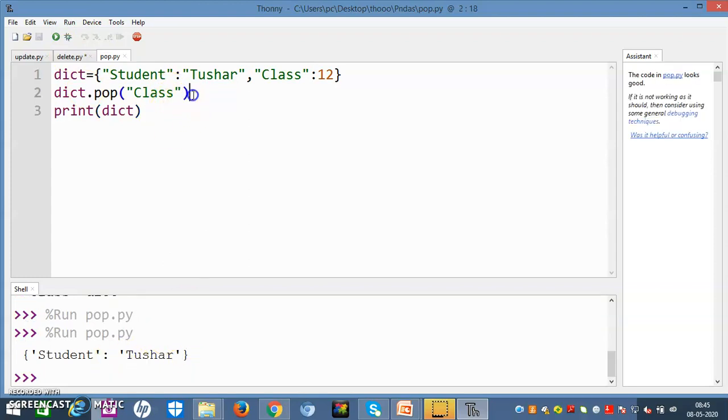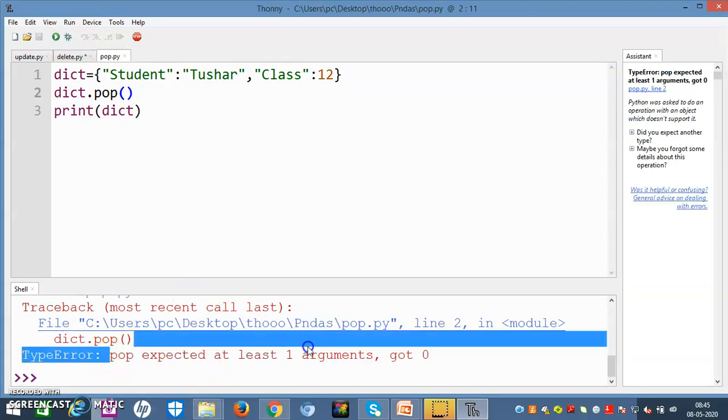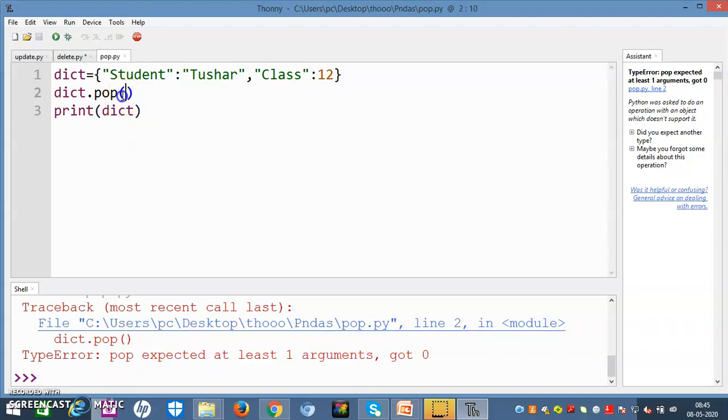But if I apply it like this without an argument, then see what will happen. There is an error because pop expected at least one argument, meaning there should be one argument in the pop. Now if I write here two things, student comma class, is pop able to delete them?